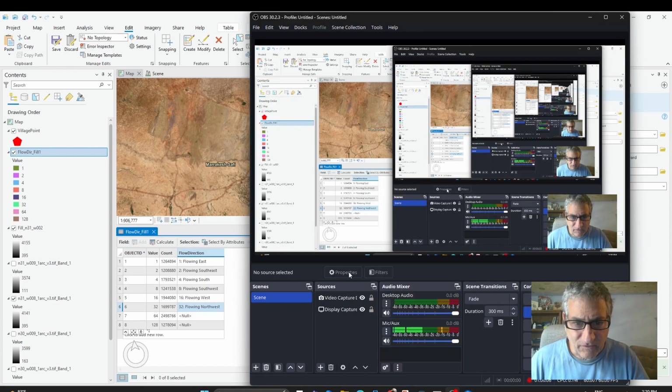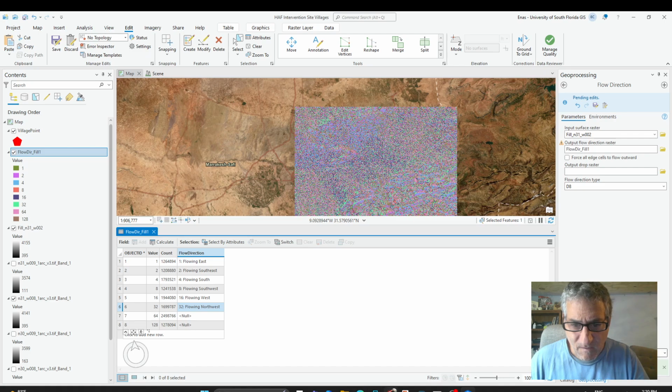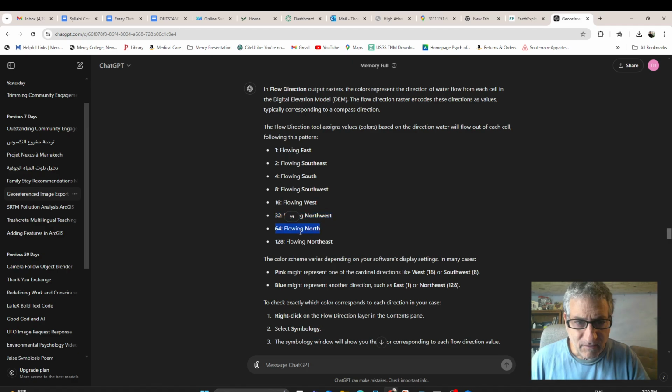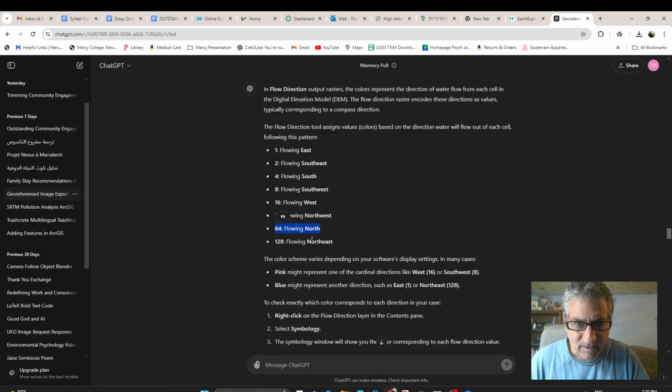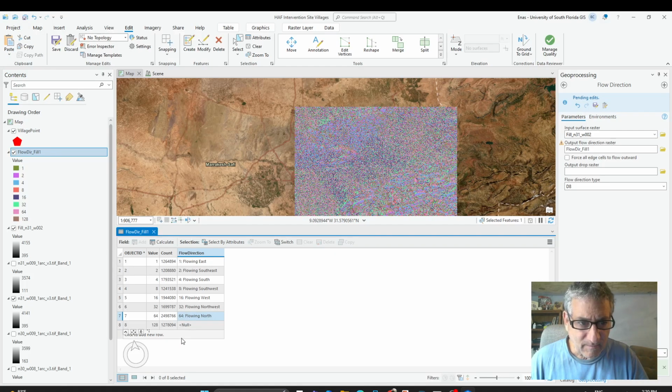Value 64 is flowing north. And value 128 finally is flowing northeast. And that now is in the database, and if we save that,